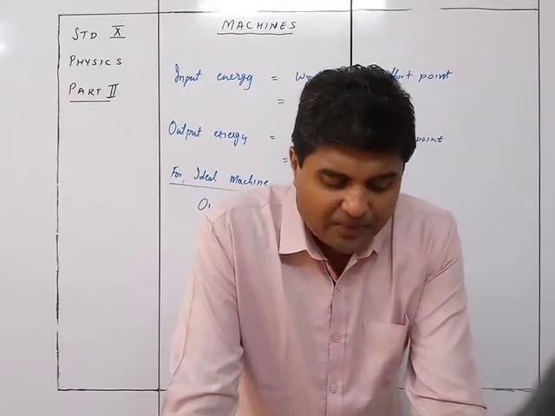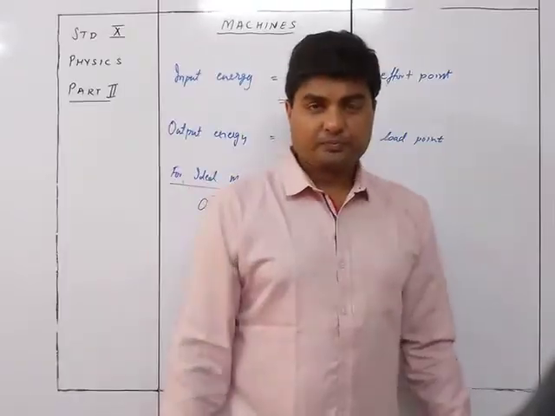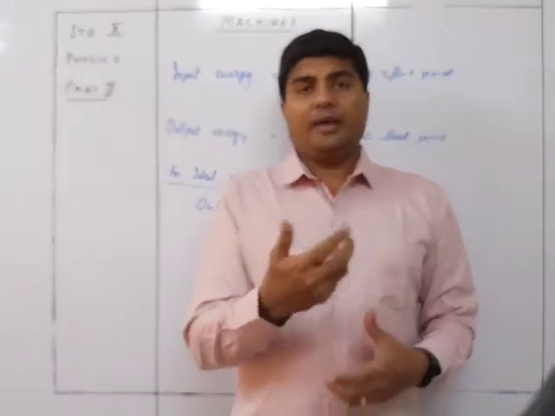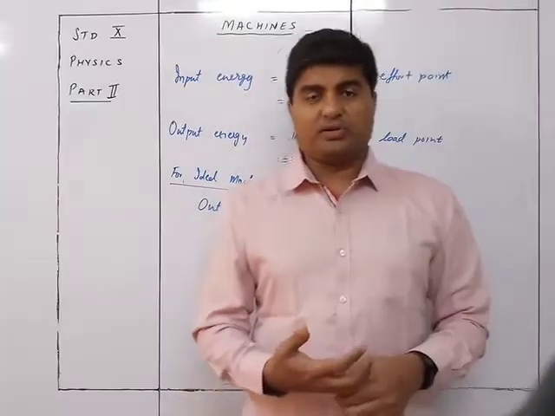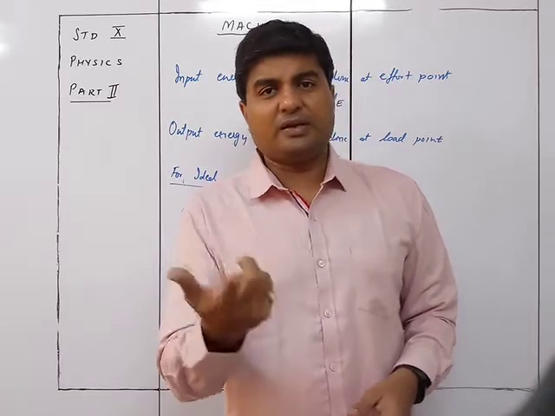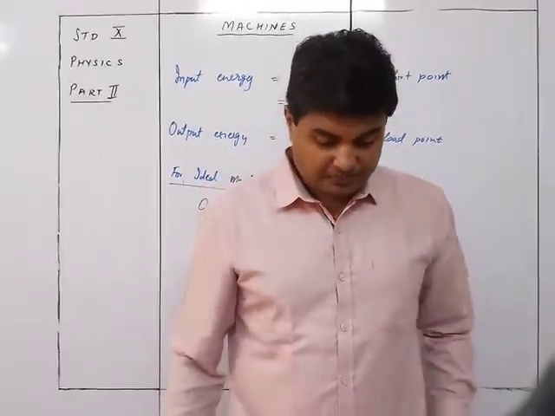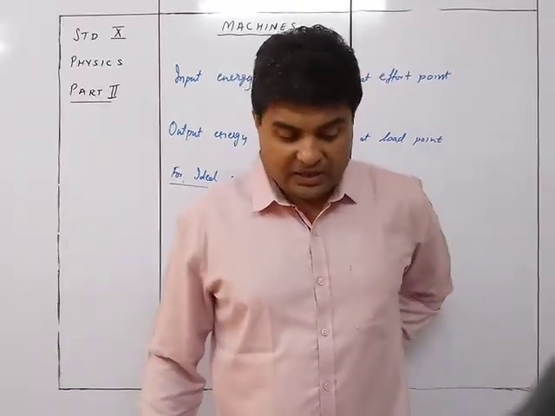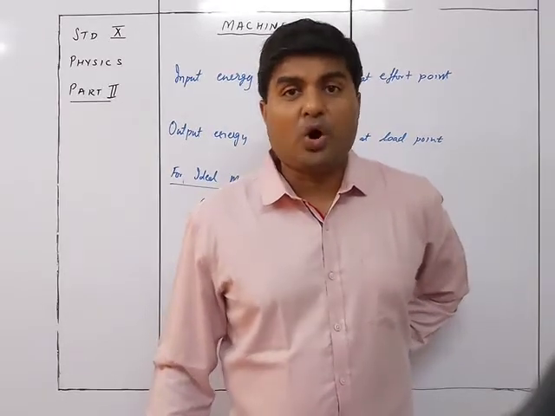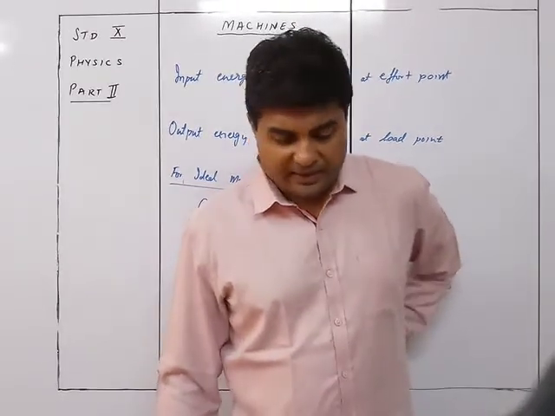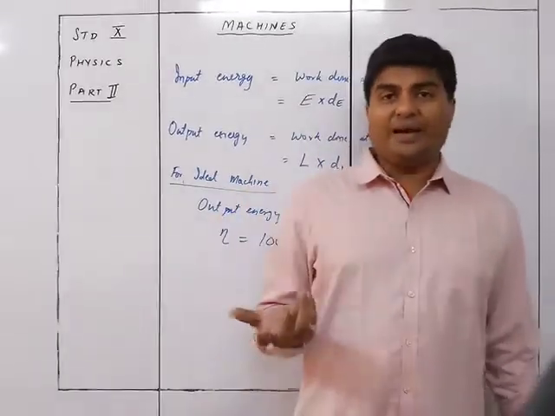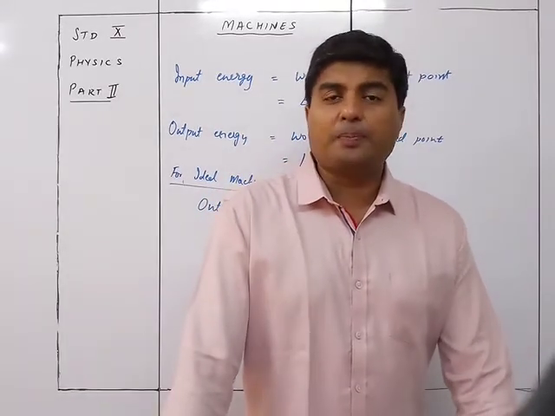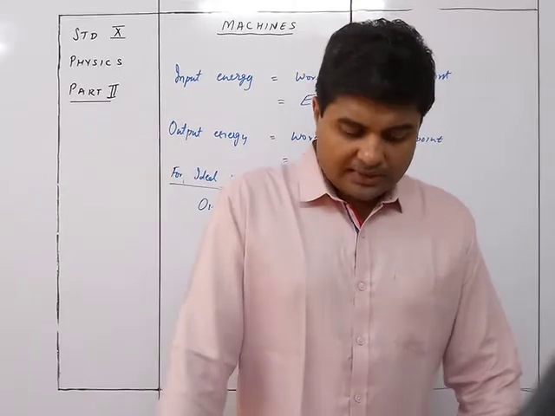And finally, its different parts are not perfectly rigid. They are not perfectly rigid also. There may be chances that some of it will be wasted. There will be waste of energy in that case. So if rigidity is not perfect, that can also cause it, whether it is the elasticity of the thread or the rigidity of the particular substance. So this way there are three reasons why a machine may not be an ideal machine. One, the parts are neither weightless nor smooth or frictionless. Neither are the strings perfectly elastic, nor are the parts completely rigid. So that's why you are going to lose energy.